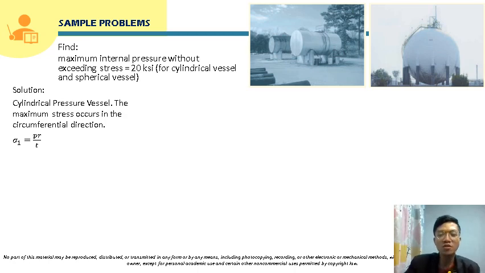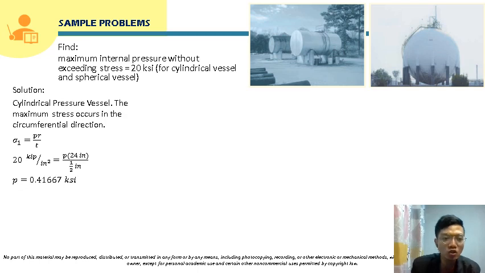So we have here the given stress, which is 20 ksi, so we will use that here. The radius is also given in the problem, and the thickness is also given, right? So we will just substitute those values to solve for the internal pressure. Okay, so this will be 20 kips per square inch, the given allowable stress, equal to P times the given radius of 24 inches, over the given thickness of 1/2 inch. So solving for the internal pressure, that will be